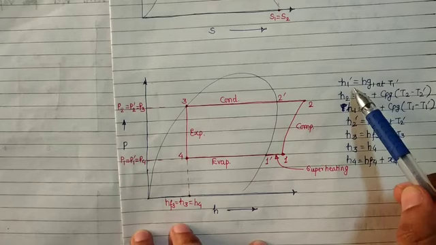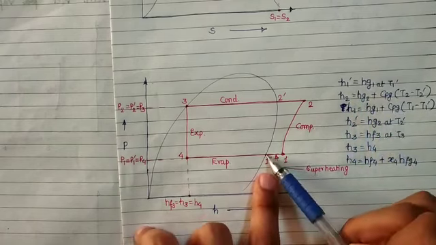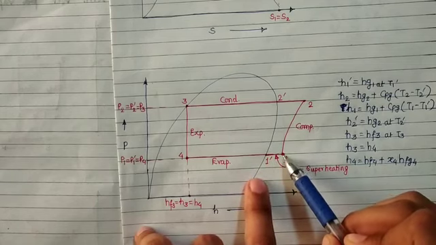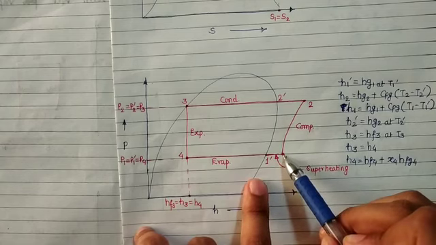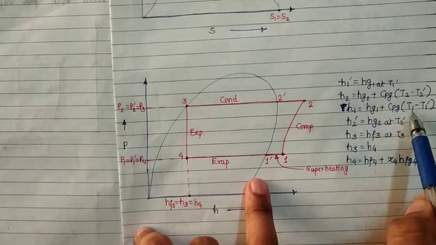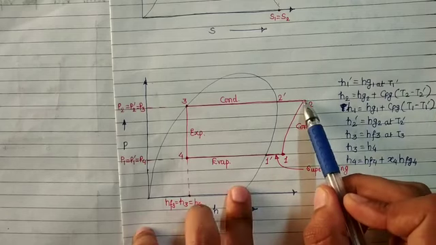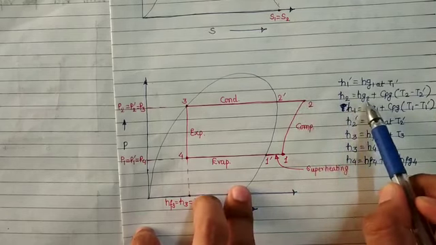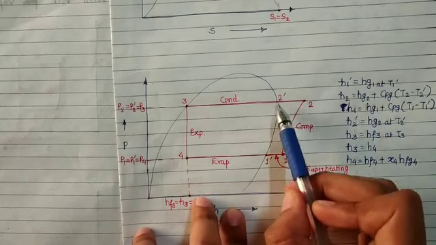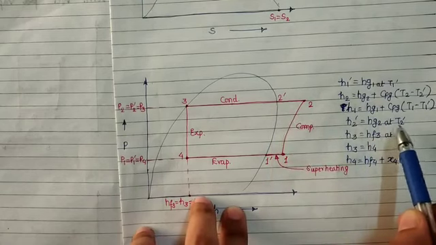So we have calculated enthalpy such as H1 dash, which will be equal to Hg1 as it is on the saturated vapor line. H1 needs to be calculated in such a way because H1 is in the superheated region. So H1 is equal to Hg1 plus Cpg into T1 minus T1 dash, higher temperature minus lower temperature. H2 again is in the superheated region, therefore H2 is equal to Hg2 plus Cpg into T2 minus T2 dash. H2 dash is on the saturated vapor line, so H2 dash is equal to Hg2 at T2 dash.